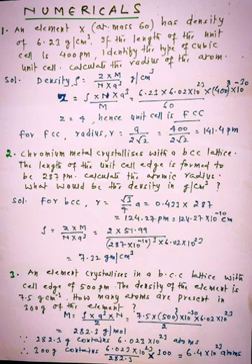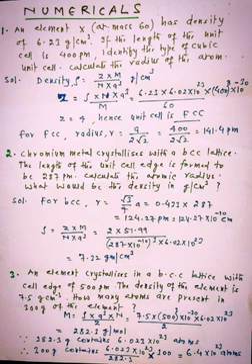And as length is 400 picometer, so convert it into centimeter, so it becomes 400 cube into 10 power minus 10 cube. So this becomes 10 power minus 30. So after solving, the value of Z comes out to be 4. Hence we can say that the nature of the unit cell is FCC. So this is FCC crystal lattice.